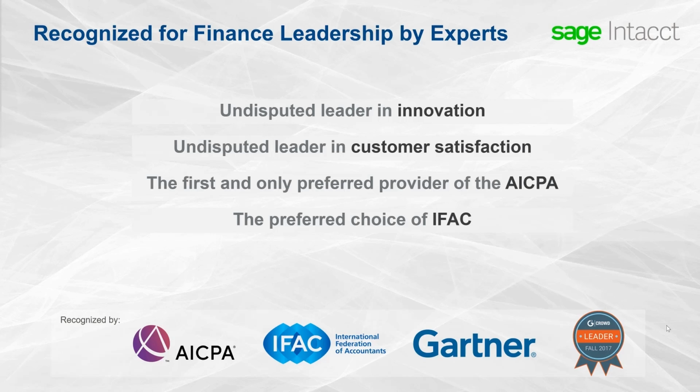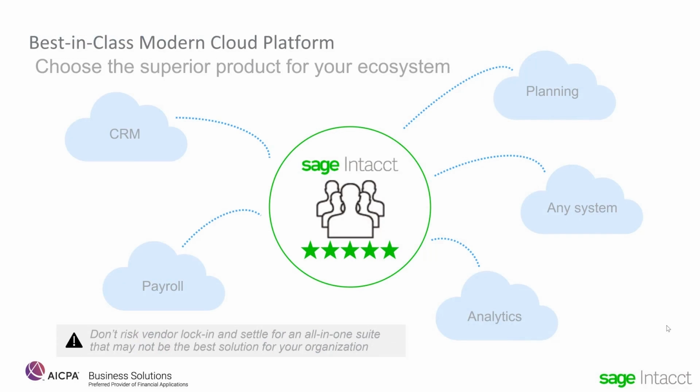As you grow, you're going to find that other partners are a best fit for other aspects of your organization, like CRM, payroll, and planning. As a best-in-class solution, Sage Intacct integrates nicely with dozens of these solutions. You have the flexibility to choose integrated solutions that make the most sense for your business. You can also swap out those systems as you grow and change. We really do want to be your partner for the life of your